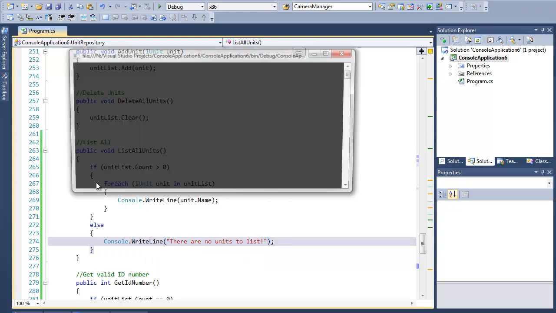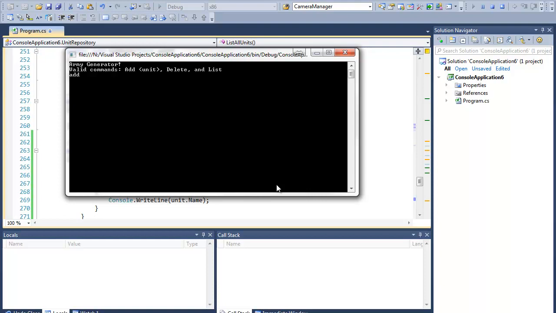Save, run. Okay. Add warrior. Add cavalry. Add archer. Add warrior. Add warrior. List. Okay, looking good. Delete. All units deleted. List. There are no units to list. Nice. Okay. Cool. There's one last thing that you haven't tested,